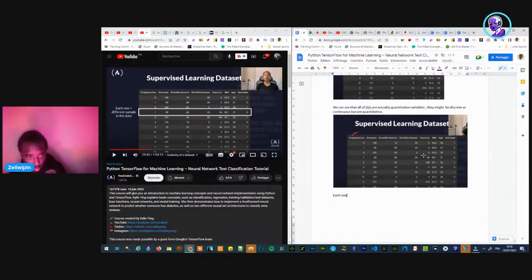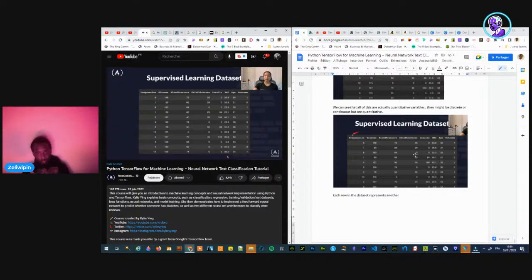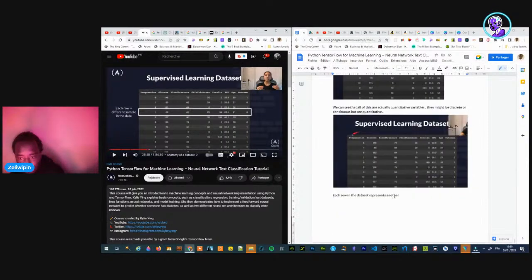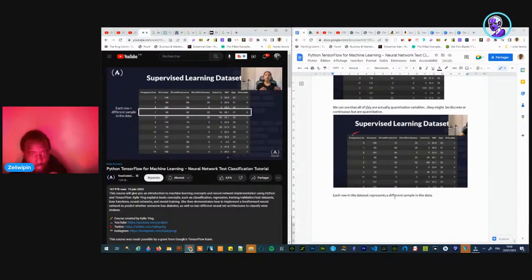Each row in the data set represents a different sample in the data.